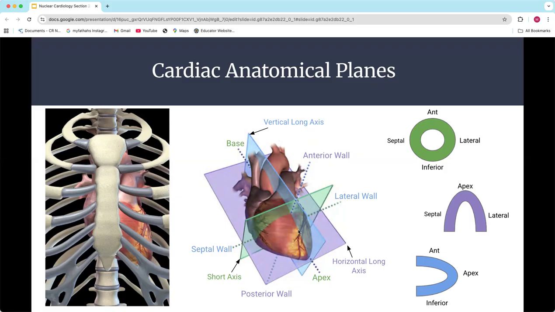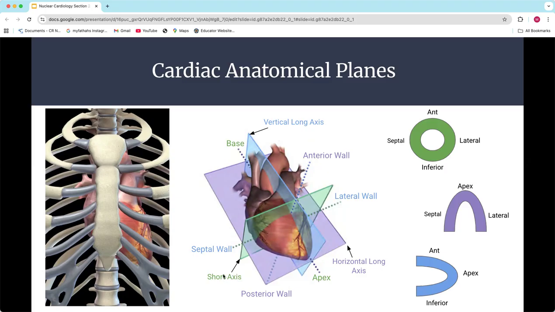And so then when we take those images and slice them and put them up where we can view them, when we've created a study and the cardiologist or radiologist is looking at it, they arrange these the same way you would if you've looked at a CT. If you look at a CT in the axial plane, it's always going to be anatomically correct: the left on the left side, the right on the right side, inferior and superior, and anterior to the top and posterior to the bottom. So if you've looked at CT at all, it's the same way we're going to do here, but we're going to have these slightly different terms.